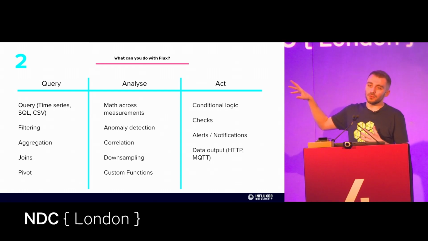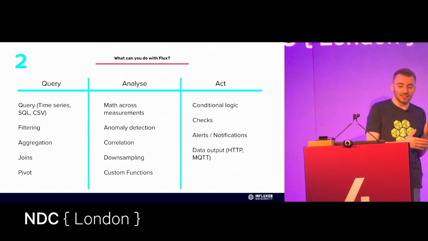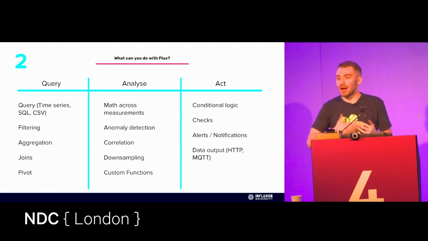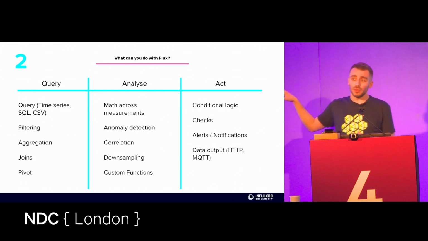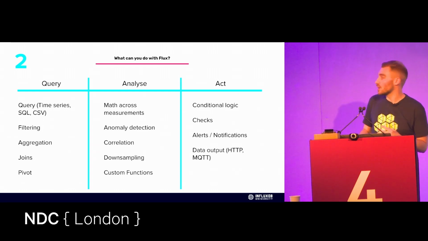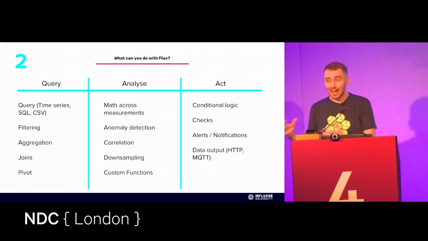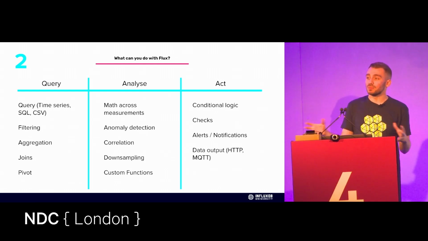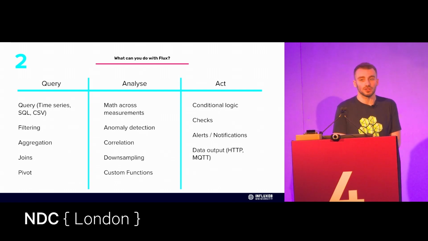Here's where things get interesting and where a lot of query languages can fall short. So you can actually start looking to analyze your data. This is where you start performing common mathematic calculations on your data. You can start mapping to other columns based on your time series calculations. You can start looking at anomaly detection with Flux as well. You can have a look at outliers. You can start looking at correlations with your data as well. You can now downsample your data, which was referred to back with aggregations. And if you have custom business logic, since it's a functional programming language, you can actually apply your own custom functions to Flux. That's how highly flexible it is.